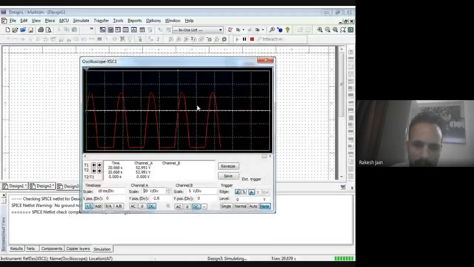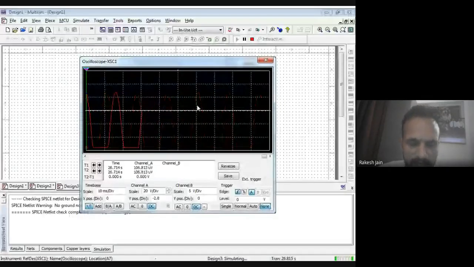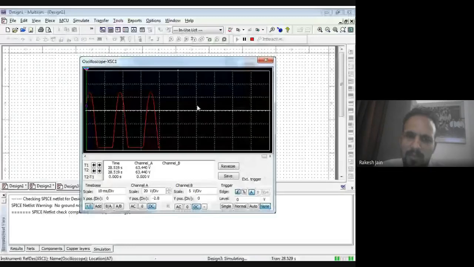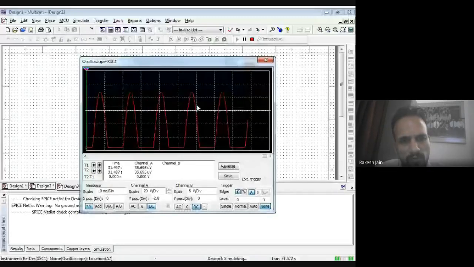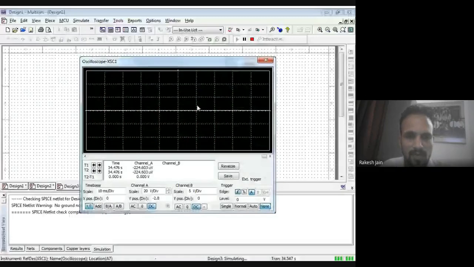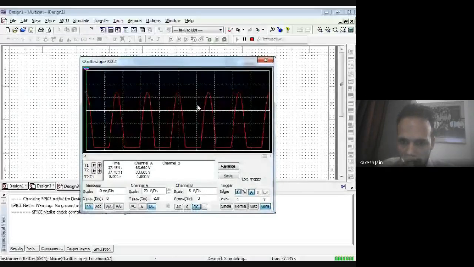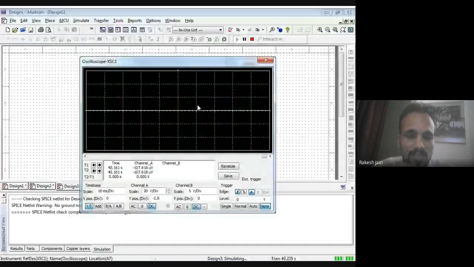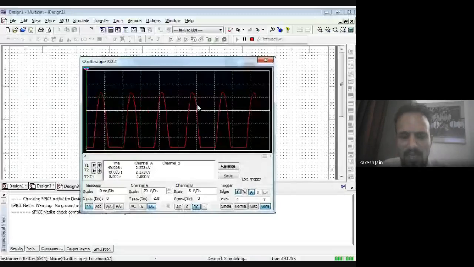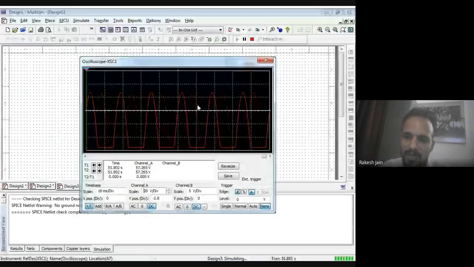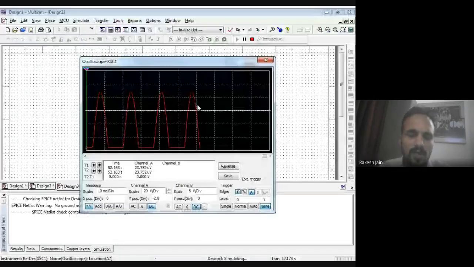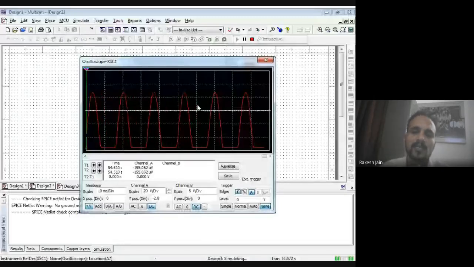So I hope you understand about this Multisim software and how to work on this Multisim software. Today we designed a digital project and also checked the analog practicals of half wave rectifier and full wave center tap rectifier. During both the practicals, when I checked the waveform, I showed you the waveform. At the very first time, I was unable to show you the correct waveform. That is because I changed the ratings of the transformer. So we just keep in our mind, there is no need to change the ratings in the software, and with the perfect rating, whatever the selections, that will give you the perfect output if the circuitry is connected accurately.